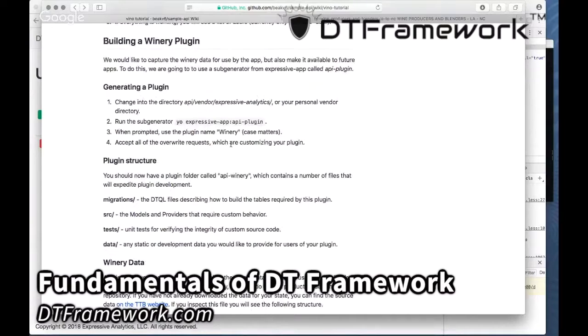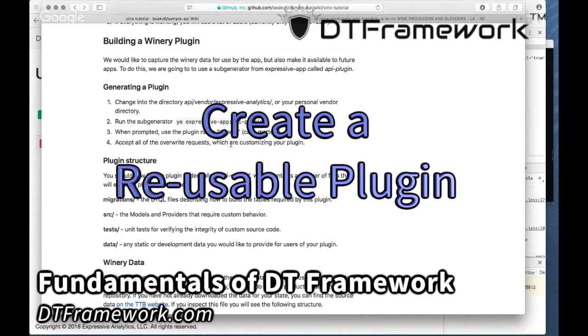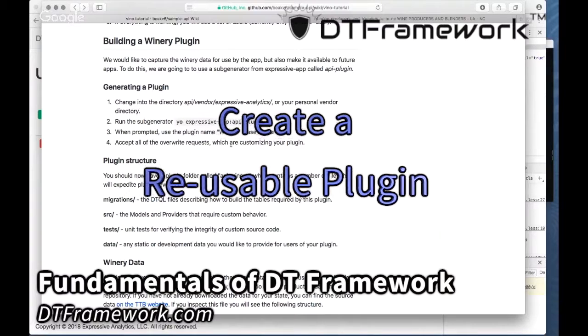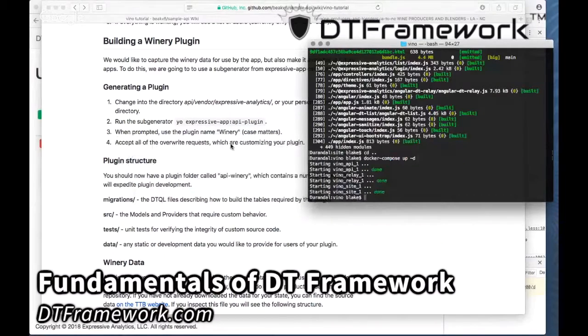So instead of just building this into the API, which is a pretty simple process, we are going to make it into a reusable plugin. And I think this really demonstrates the power of DTQL here. So if you look at the API structure,